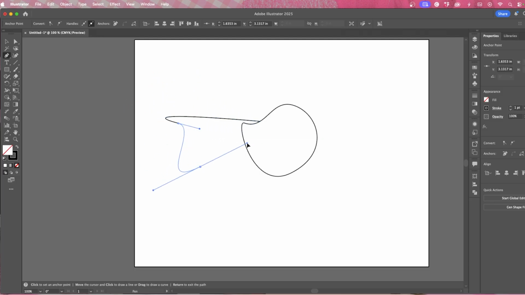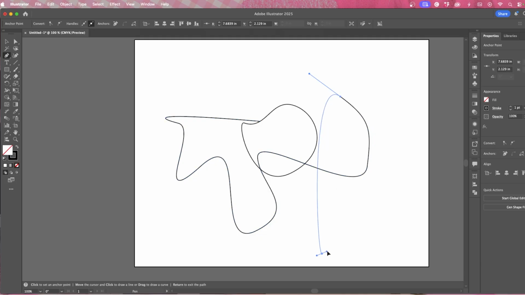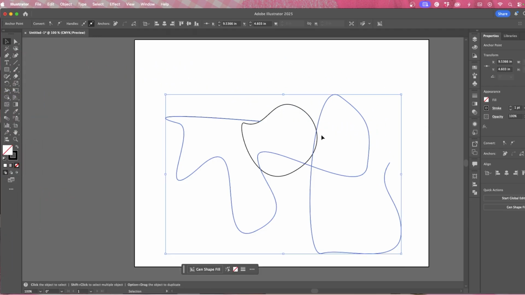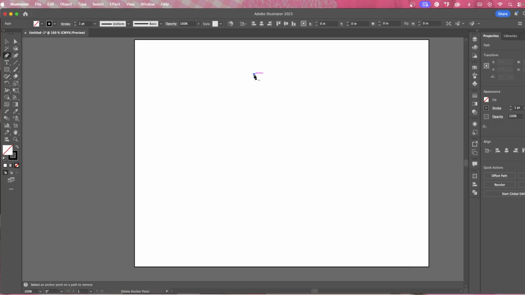So when you drag it, your handles are going the same way that you're following it with. I hope this makes sense. Let's create something simple like a teardrop shape to show you exactly what we mean. So with the teardrop shape, I have it here,